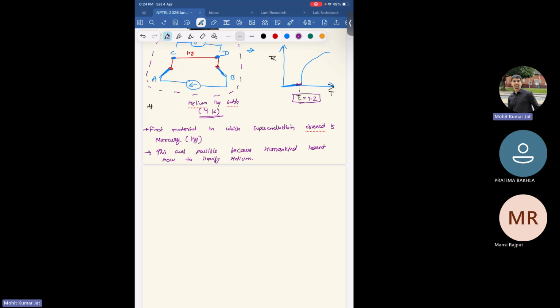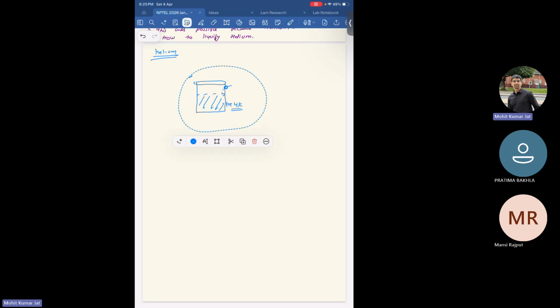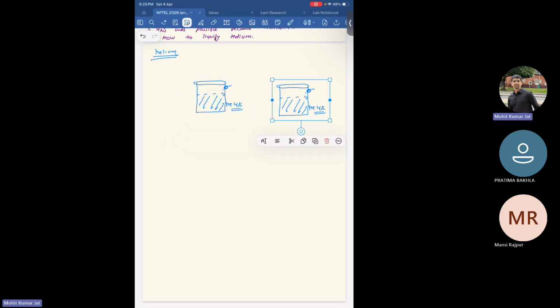And if there is a hole in your system, let's say superfluid helium. So if you put the helium into, let's say this is your beaker, and somehow you isolated it from the environment, and this is filled with helium at 4 Kelvin, and there is a hole here, then only some bit of gas will come out, nothing more than that. Remember, from this hole liquid is not coming. But if you have the same setup, and if you go below 2.2 Kelvin,